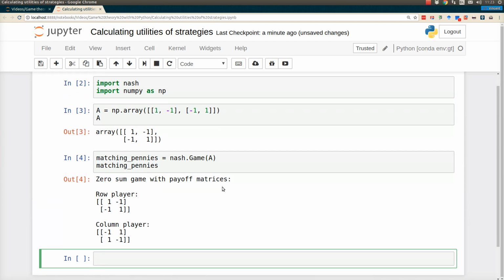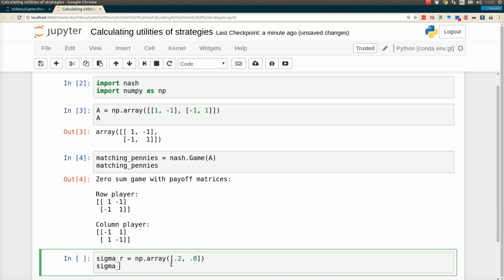zero-sum game. Now, strategies in game theory are essentially vectors of probability distributions. So for example, sigma r is how I'm going to denote the strategy of a row player. And I'm going to use a NumPy array for this and say that 20% of the time the row player plays the first strategy, and so 80% of the time they play the second one. And here's the column player's strategy, 0.6 and 0.4. So 60% of the time they play their first column, and 40% of the time they play